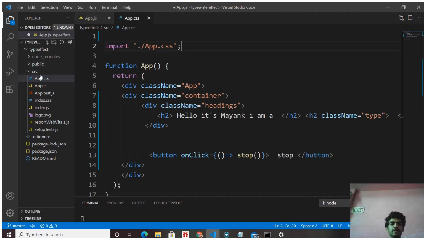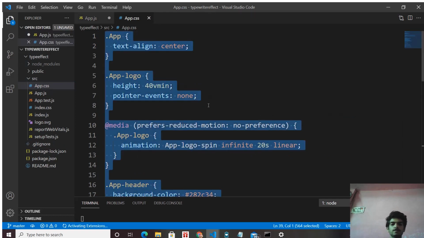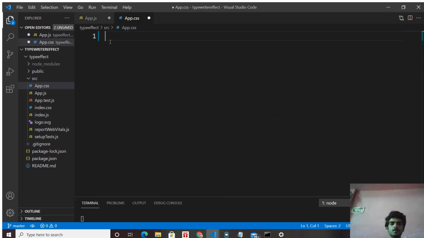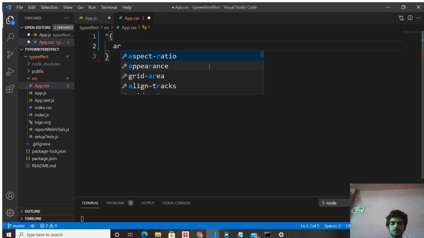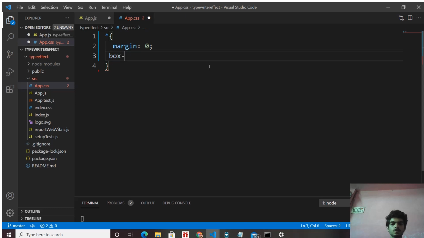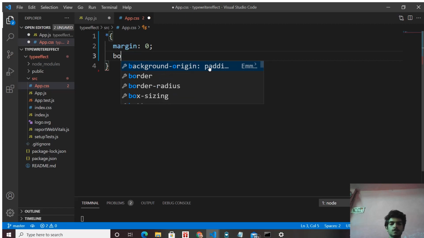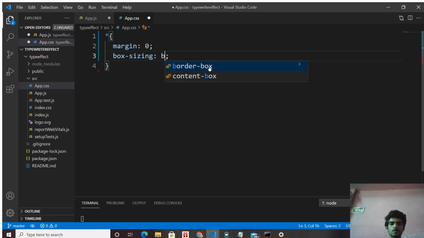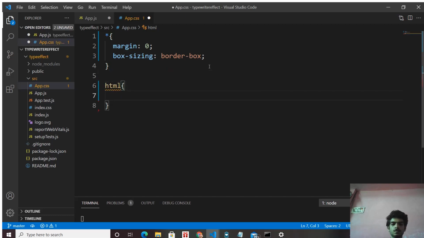Let's create basic styling for all of these. Our root font size is 16 pixels.